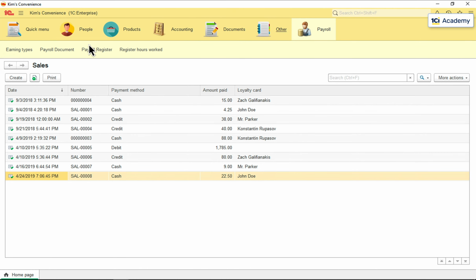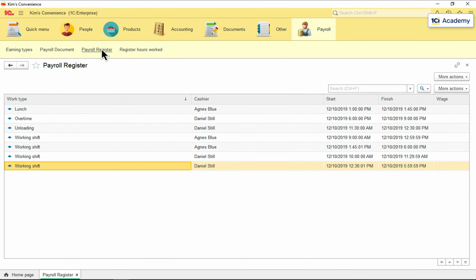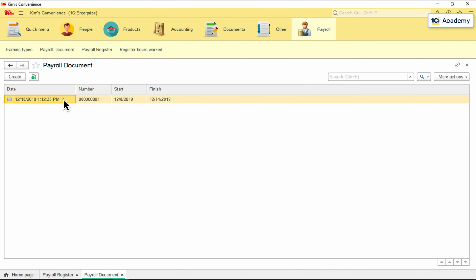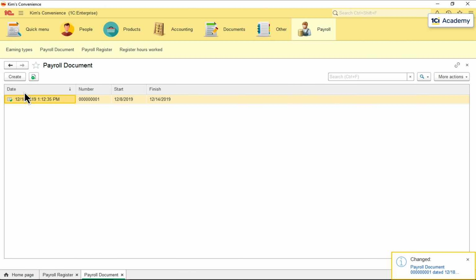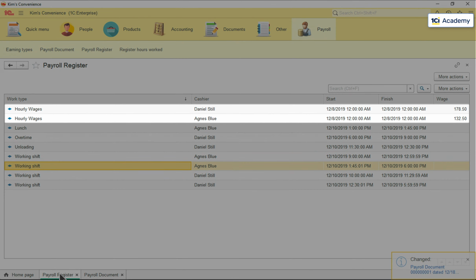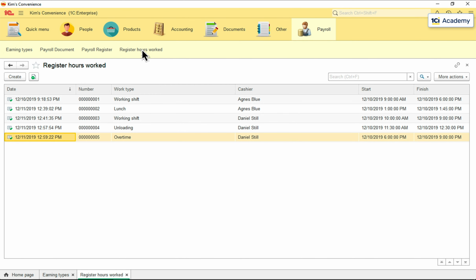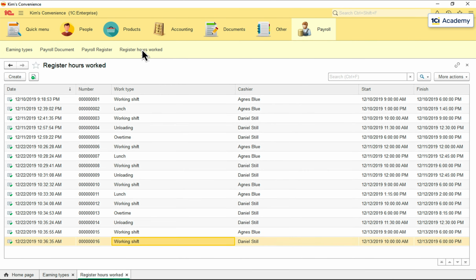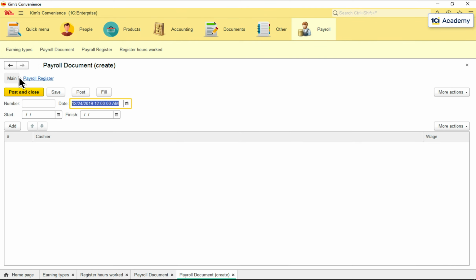This is our payroll register with all the data about time worked by Agnes and Danny. Now I'm going to last week's payroll document, which now has the post button. So I'm clicking it, and here are my cashier's weekly earnings in the register. Great! Now, I can register all the time worked over the last 4 weeks and post payroll documents for every week. Except when I try to post this document for the last week,